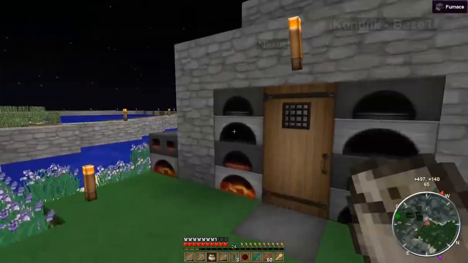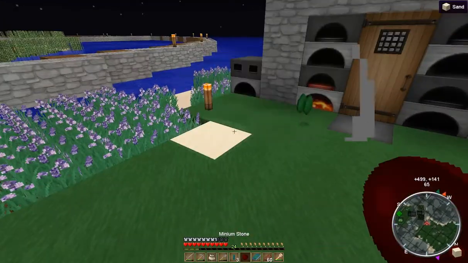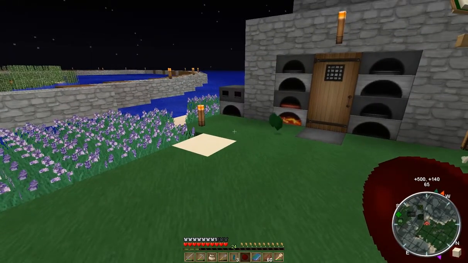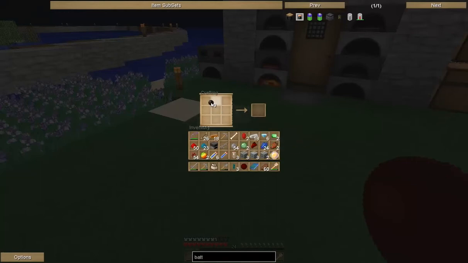We need rubber, which is here. Already have some. And, whoops. I guess I can't turn that back. We'll just go like this. And this. And get copper cable. And redstone. And I don't have tin in my inventory. So